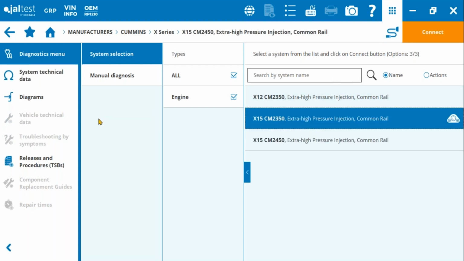Sorry, let's go for this one. So here you have the troubleshooting by symptoms. By the way, troubleshooting by symptoms is one of the functionalities included in the Info Online module. As you know, the Info Online module is our technical information module. You will have all the options here on the left. You will see that this troubleshooting by symptoms, as well as these other options here, releases and procedures, vehicle technical data, and so on,